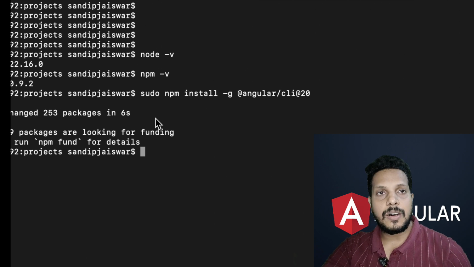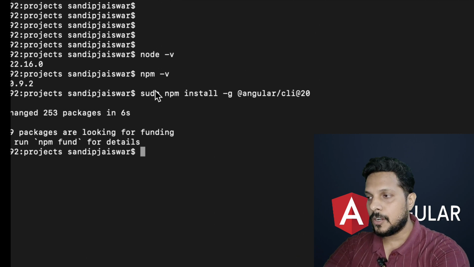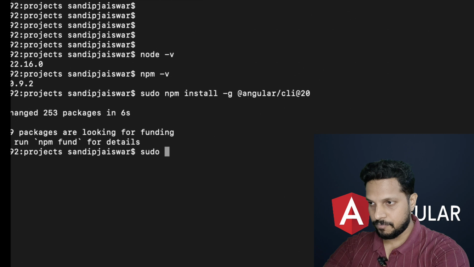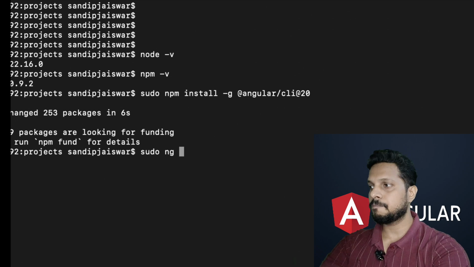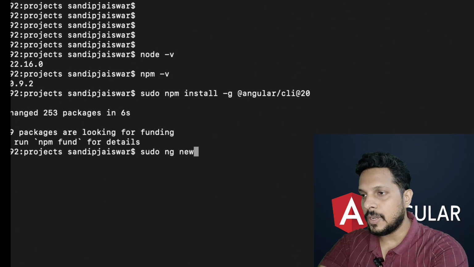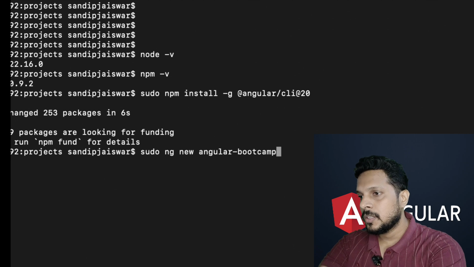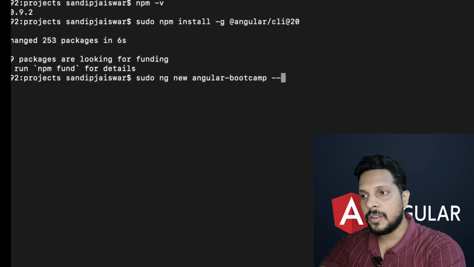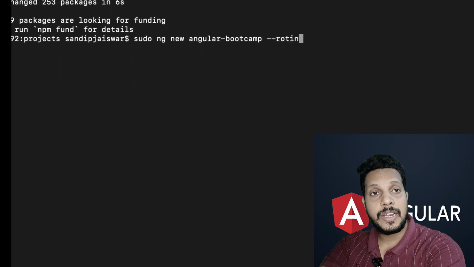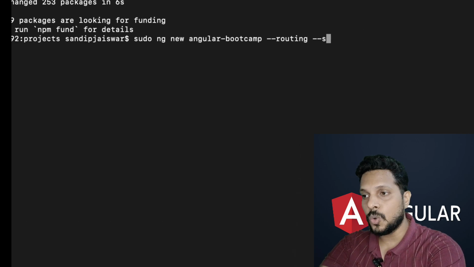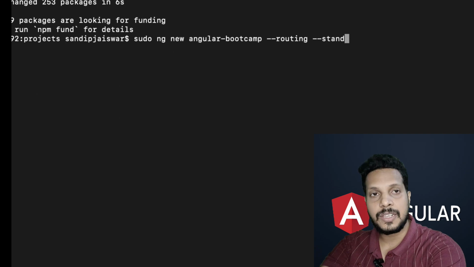Now we will create a project. To create a project, we have to type ng new, and the project name would be angular-bootcamp. So we will set the flags routing and standalone. As we are creating the standalone application architecture, we will mention the flag standalone,